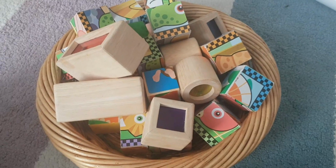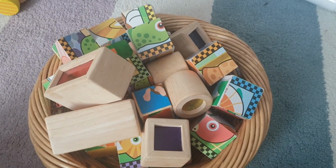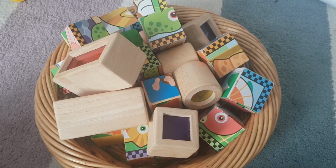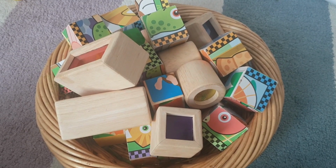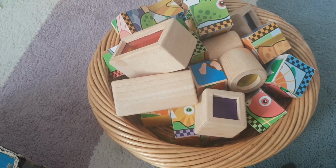So I'd also recommend any kind of building block. I found when my daughter was coming up to 2, she was a lot more interested in kind of construction type activities. So building, making towers and houses and castles. So we've got quite a few different options. These they love. These are little